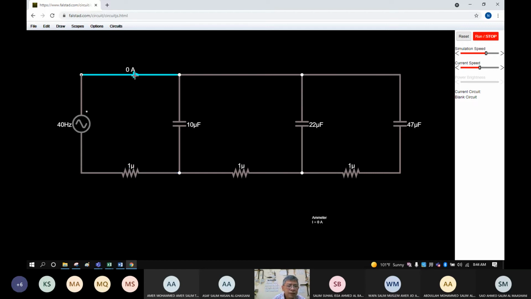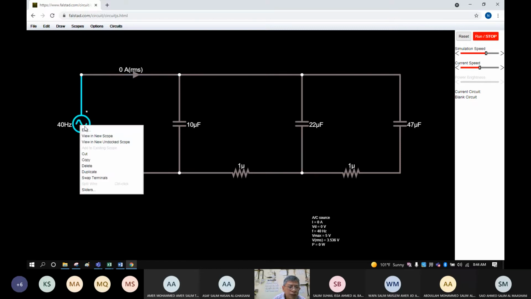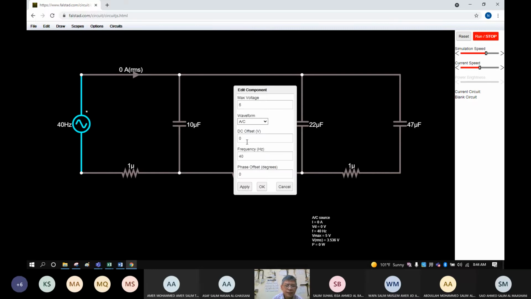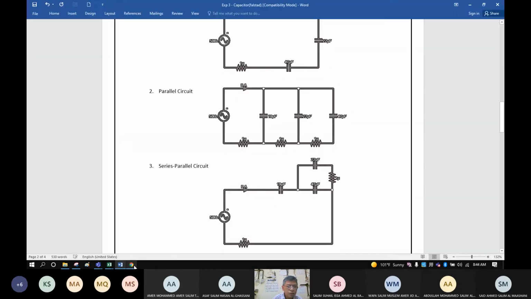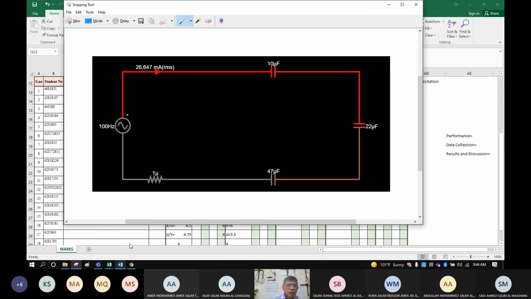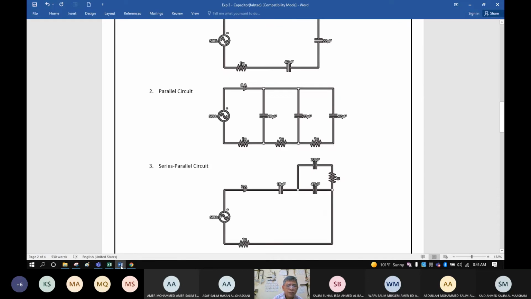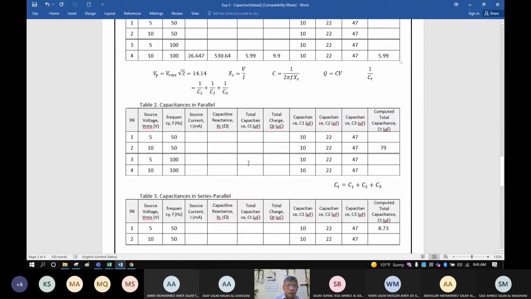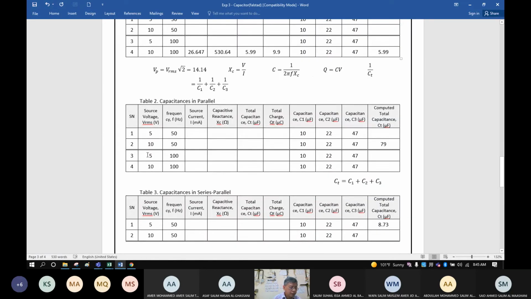Then you know already what is RMS, right? Current should be in RMS. Then click OK. Also the supply, what is our given supply in our task? So in our task, I want to do number 2, 10 and 50, okay?